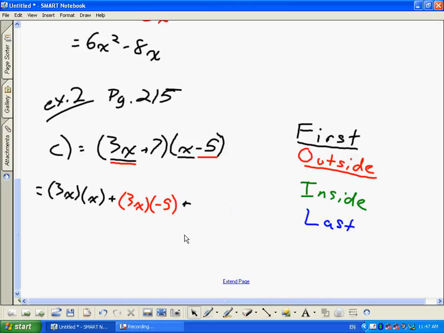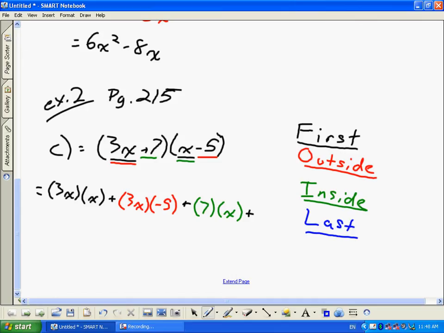There you go. Okay. Our next pairing. So we've done the first. We've done the outside. We're going to deal with the inside numbers. Okay? The inside numbers are positive 7. I know it doesn't look so nice, but that says positive 7. And the other inside number is x. So the next pairing we deal with is 7 times x. So we've done the inside. And finally,